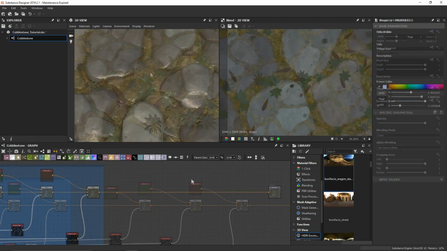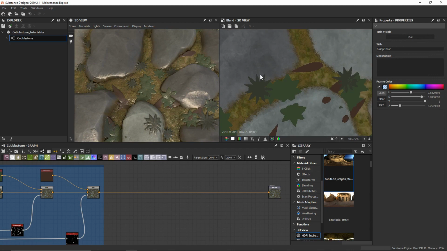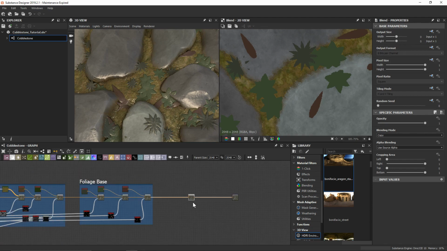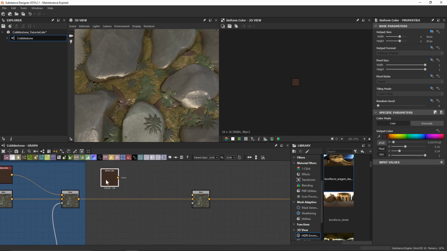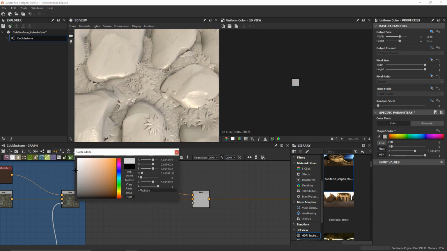Now to give the foliage a little bit more of a sharper look to it, we can take a look in our 2D, right, and see that, well, they're just single colors. So let's add a little bit more detail. Not too much though, again remember, subtlety, but give some definition to these foliage. So adding a blend, I'm going to go and steal a color, and actually I didn't have to go too far, we'll just steal that one right there, and plug this in. And I'm going to make this just a bit of a brighter white value,